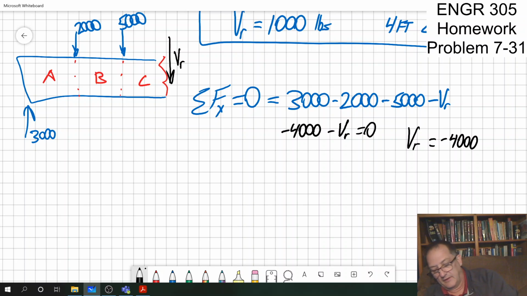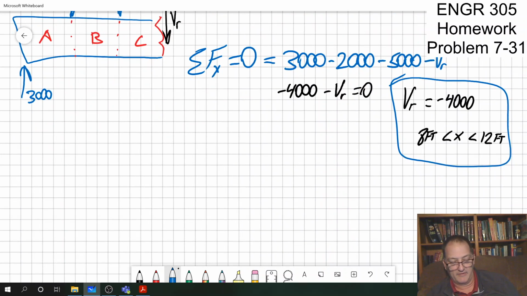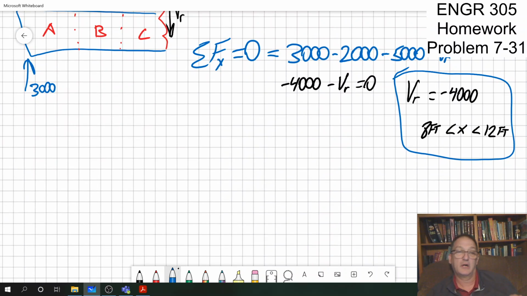Okay, that's true for a range 8 feet x 12 feet x anywhere in that range. There's the third part of my answer. So now if you want my full answer just for the shear, if you want the complete answer, then what you're going to get is VR is equal to,